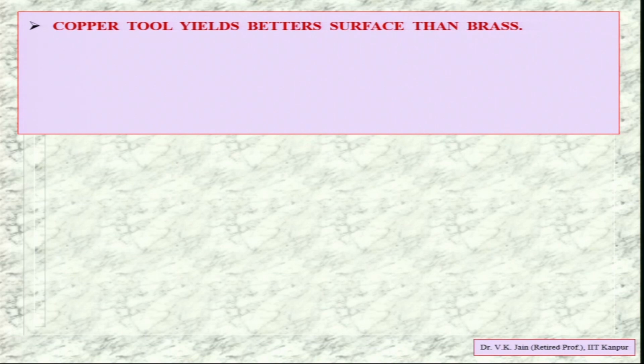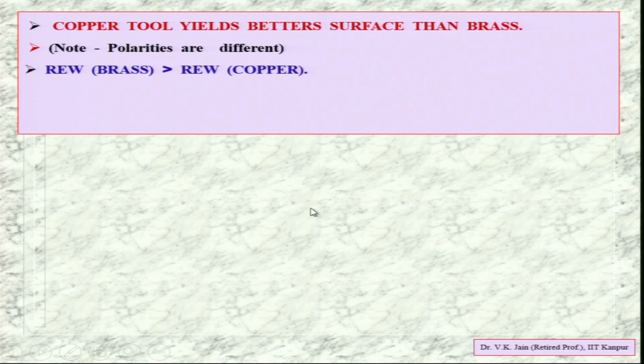Copper tool yields better surface than brass, because in some applications we use brass as the tool as well as copper as the tool, and we found that the copper tool was yielding better surface finish than the brass. Polarities are different in the two cases. Relative electrode wear in the case of brass is greater than relative electrode wear in the case of copper. You can have positive relative electrode wear, because in the case of